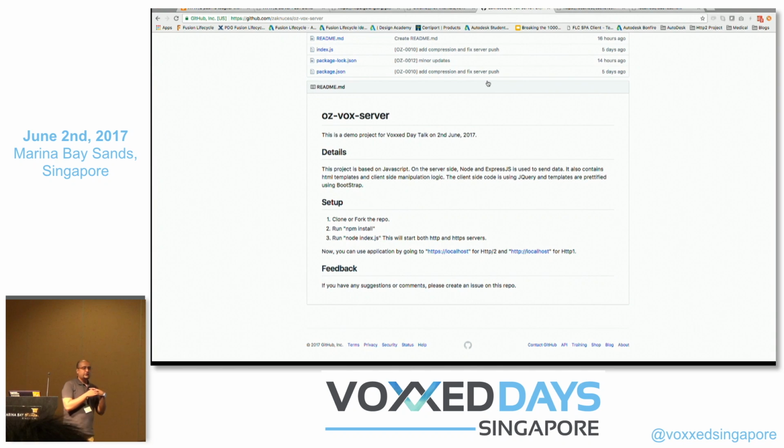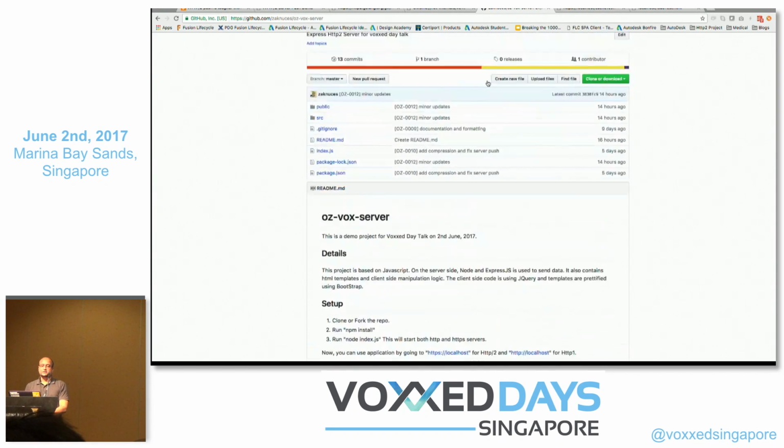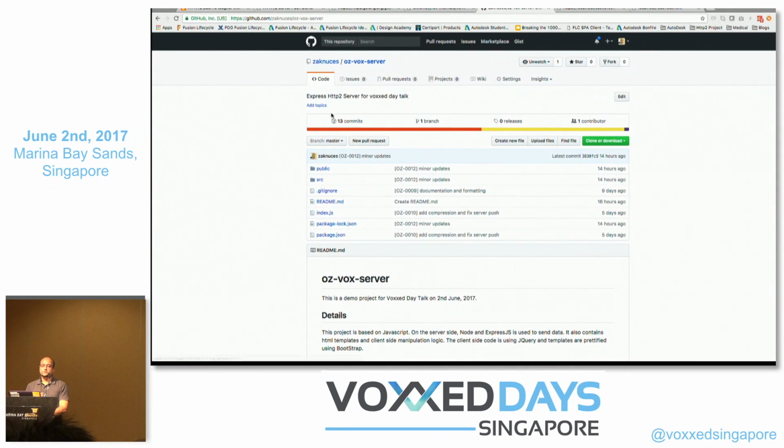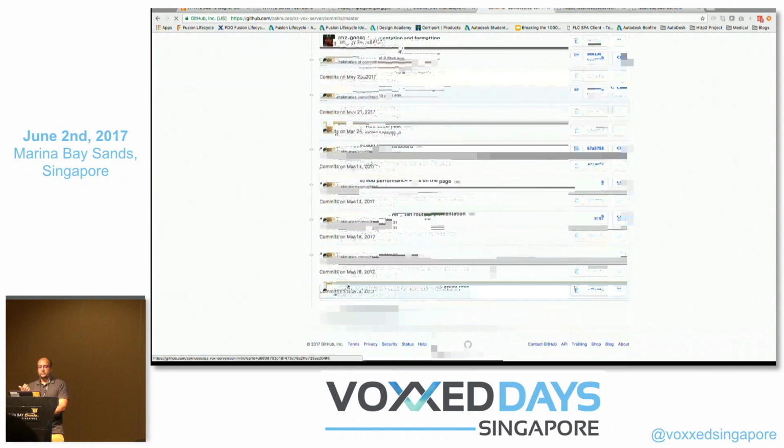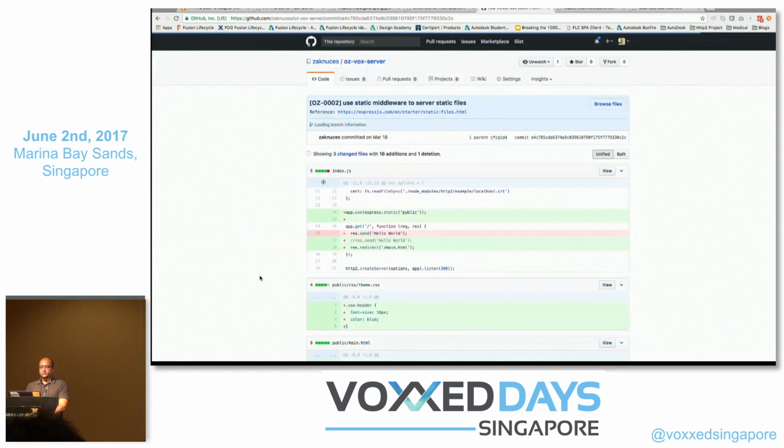I tried to add all the references that I used to gather my knowledge of HTTP2, so it might be helpful for you guys as well. If I use any reference, I actually mention it in my comments. So if you need to know the details, like why I'm doing some workarounds, you can always find a reference.